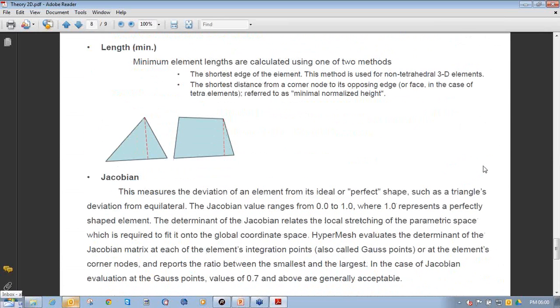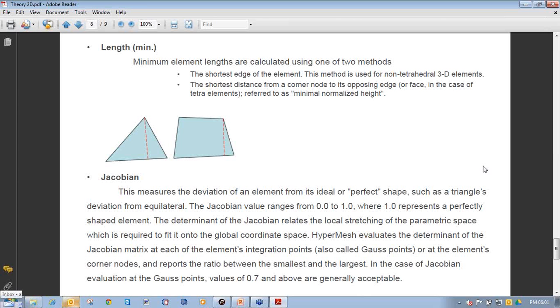Then we move towards the next quality check for 2D elements, that is length minimum. The minimum element length is calculated using one of two methods. The first is the shortest edge of the element, and this method is used for non-tetrahedral 3D elements. The second is the shortest distance from the corner node to its opposing edge or face in the case of a tetra element, referred to as minimal normalized height. Then we move towards the next one, that is